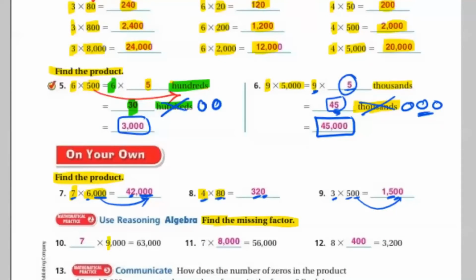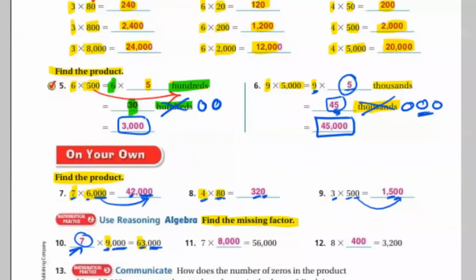Okay, now find the missing factor. What multiplied by 9 equals 63? And we have here 3 zeros and 3 zeros. So he asked about the numbers. What here multiplied by 9 equals 63? Of course, 7 multiplied by 9 equals 63. The next one,